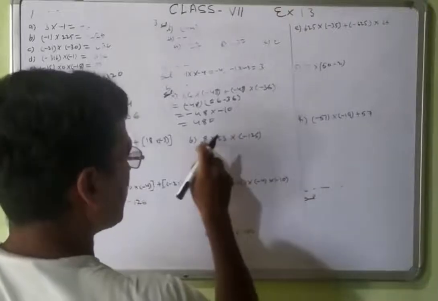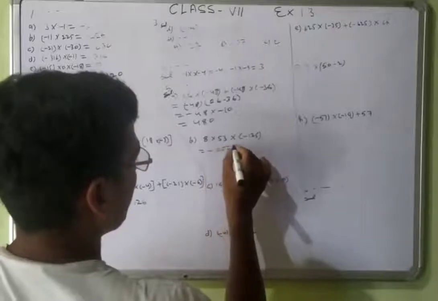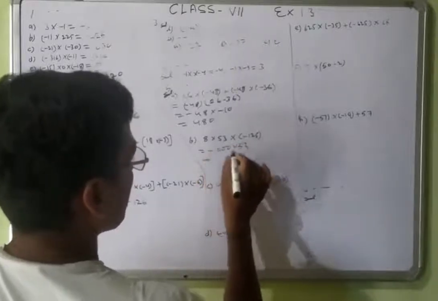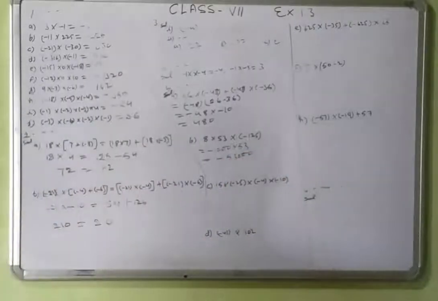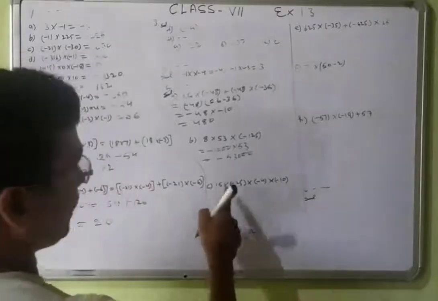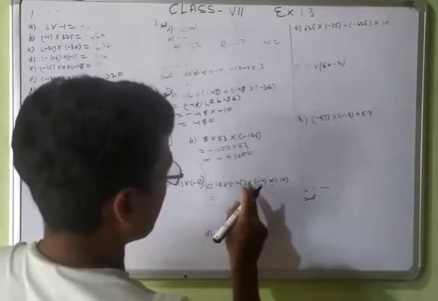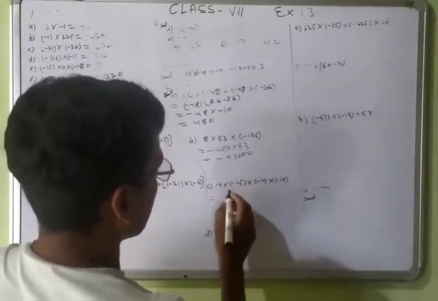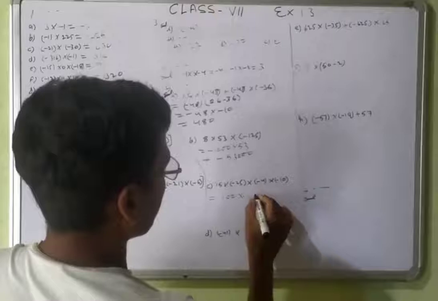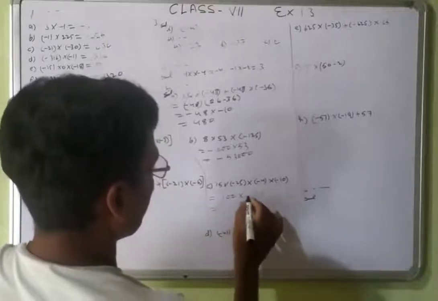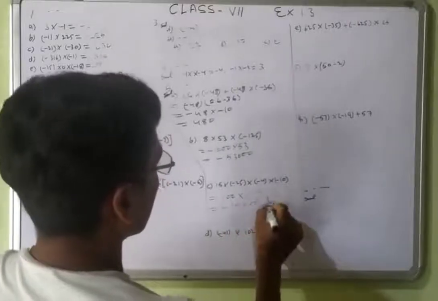B part, 8 multiplied by 53 multiplied by 125. First of all we will multiply this one: minus 125, 8s are 1000, multiplied by 53, minus plus minus, 53 1s are 53, and 3 zeros are there. C part, that is 15 25 4 10. First of all we will multiply these two, minus minus plus, 25 4s are 100, and these two minus 15 1s are 15, and then minus plus minus, 15 with 3 zeros. These are the answers.